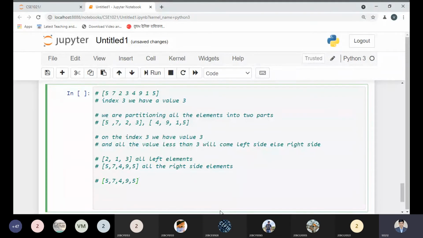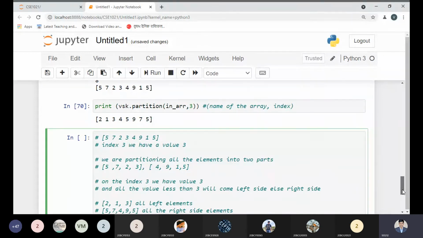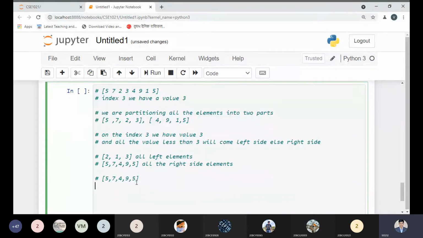So the index numbers are 0, 1, 2, 3. How many values do we have? Index value 0, 1, 2, 3. The index value 3 is 9. So that will become 0, 1, 2.